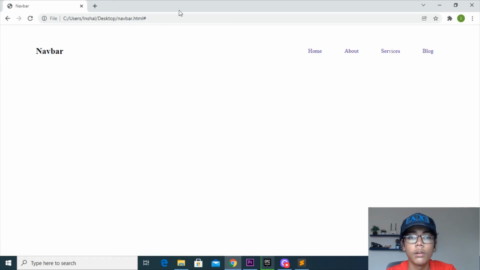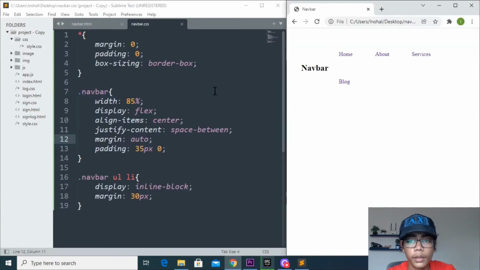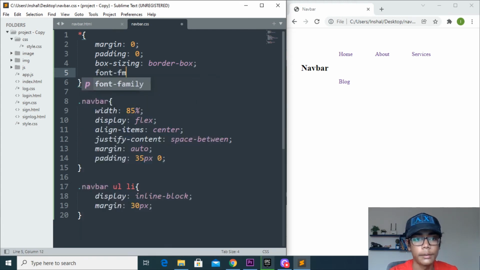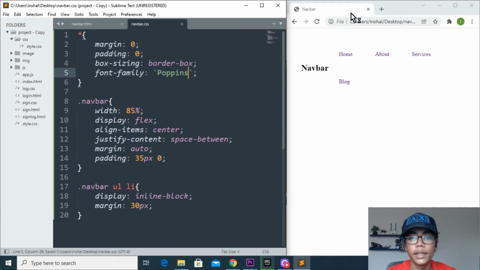So it is good now, and now we want it to have a good background color, a good background image, and it should be looking good. So here I will be moving, then I will be doing one thing here. I will be giving a background. So first of all I have to give a good font family here. So I will be writing font family, which should be Poppins. So simply I will be writing that, and here I will be saving this file and reloading it.